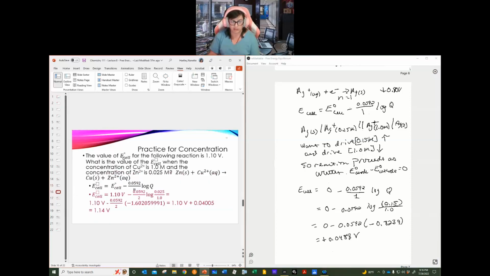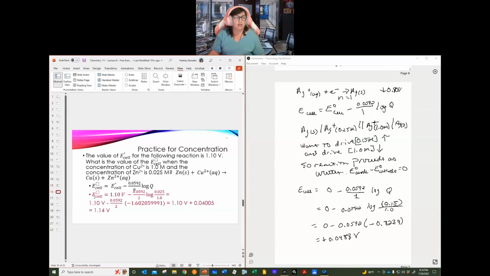Let's give you some practice for concentration cells. So the value of E naught cell with the following reaction is 1.10 volts. What is the value of E cell when the concentration of Cu2 plus is 1 molar and the concentration of Zn2 plus is 0.025 molar? And we're looking at Zn solid plus Cu2 plus going to Cu solid plus Zn2 plus. Now this is the one that we talked about a little while ago. This is the voltaic cell that we had initially that we were looking at,